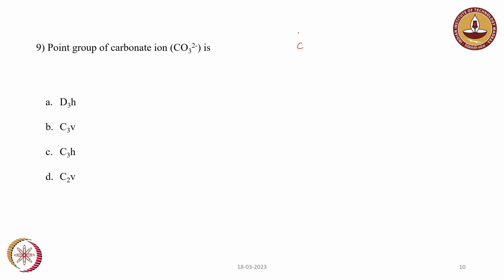It is C double bond O, O-, and O-. Two negative charges are present, but they will go into resonance and it can form C-O- and double bond O and O-, and again this can undergo resonance